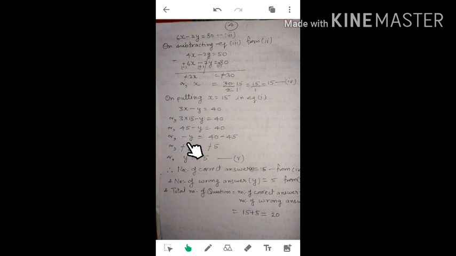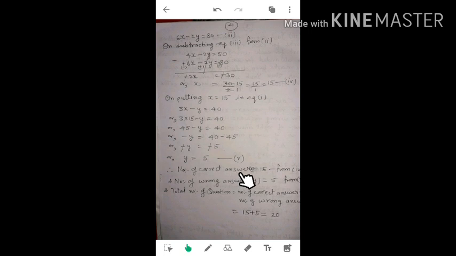Now, as I have to find the value of y, I will try to keep it alone. Minus y, and this 45 I have taken to the other side. Before 45 there is a positive sign, so when I take it to the other side, I have to place a negative sign. Minus y is equal to 40 minus 45. It is minus 5. We have to find the difference. The difference is 5, and 45 is the greater number with a negative sign before it, so I place a negative sign here. Now this minus sign and this minus sign will be cancelled out. So I am getting y is equal to 5.